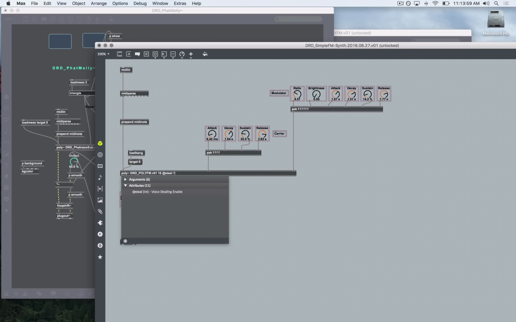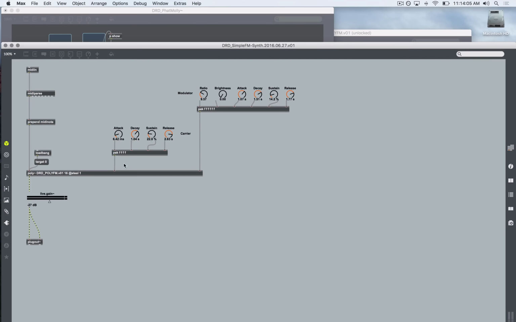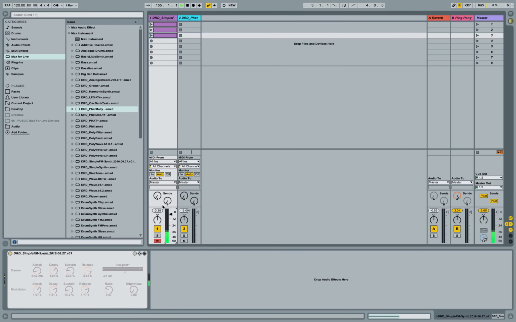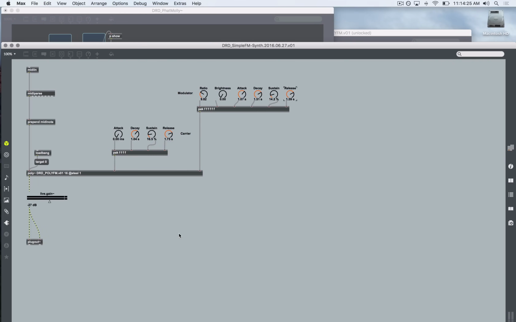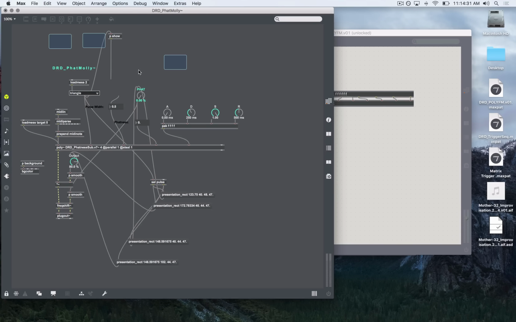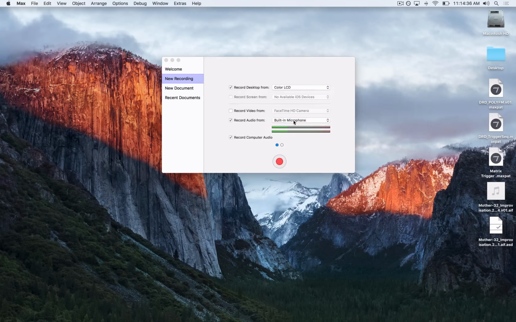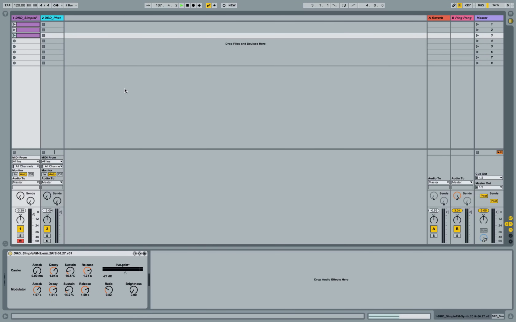Reload our patcher just by respecifying it. Send in our messages. Huzzah! We've got polyphony. So then we can collapse this back down, hit save, close it out, get rid of our reference patch there, close all those things out, don't save that one, jump back over into Live, and now we've got